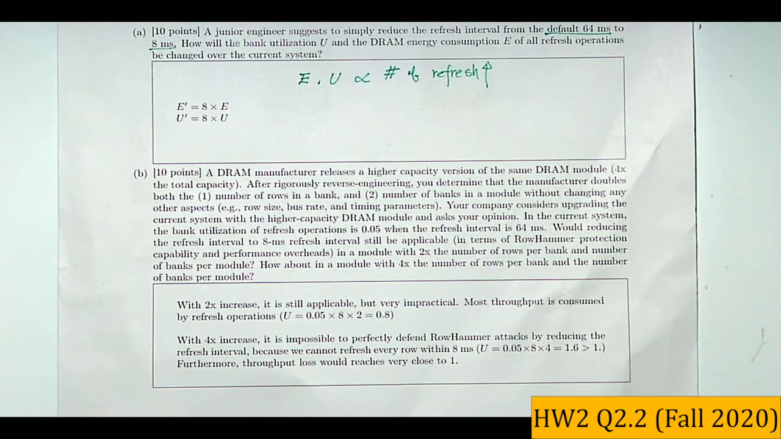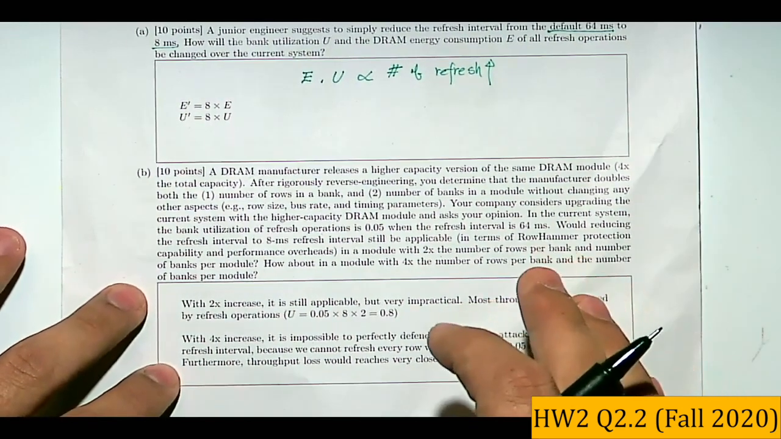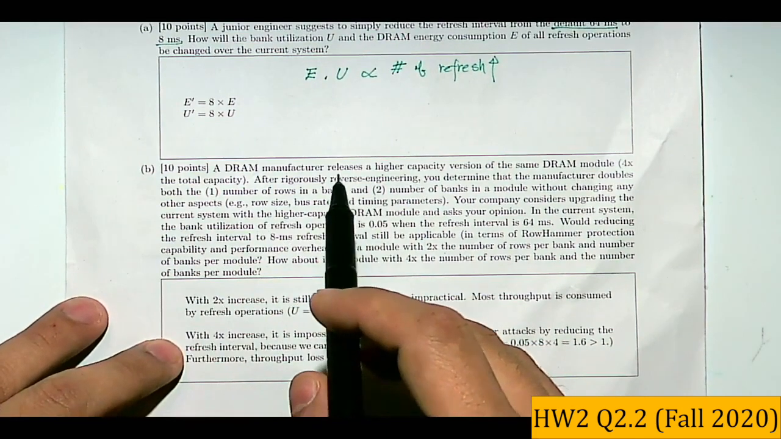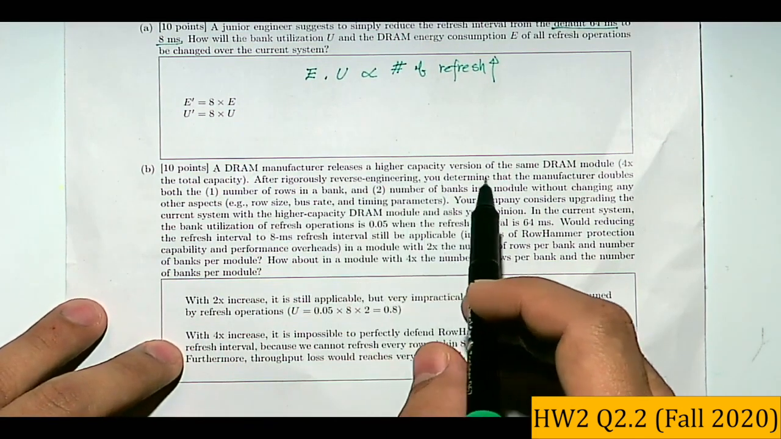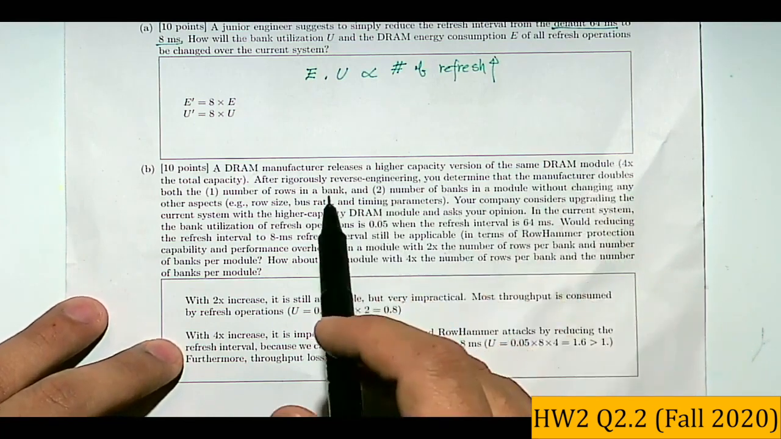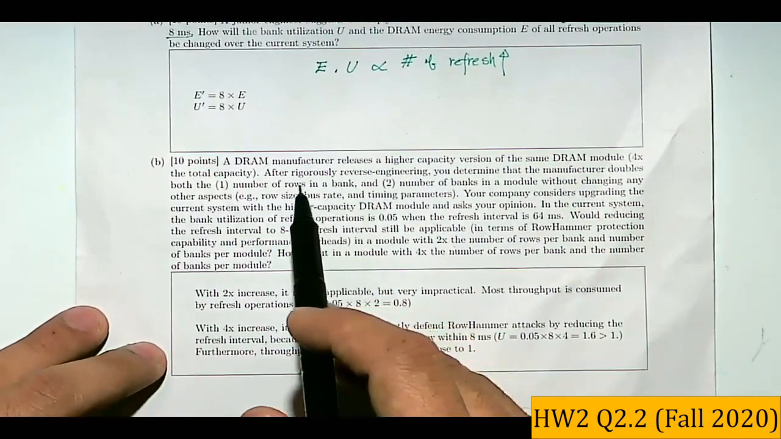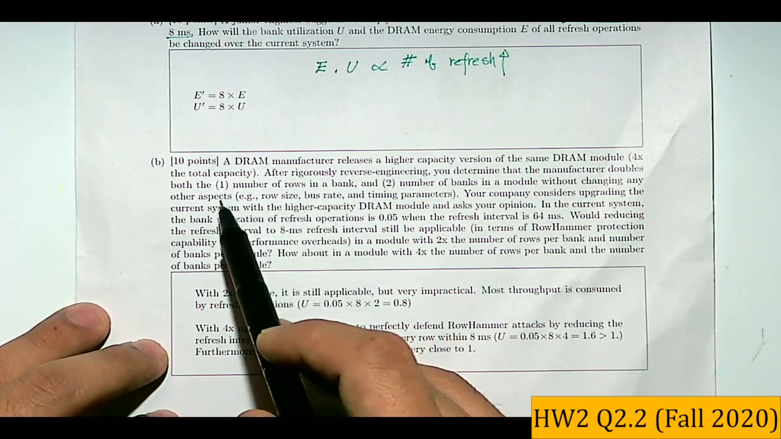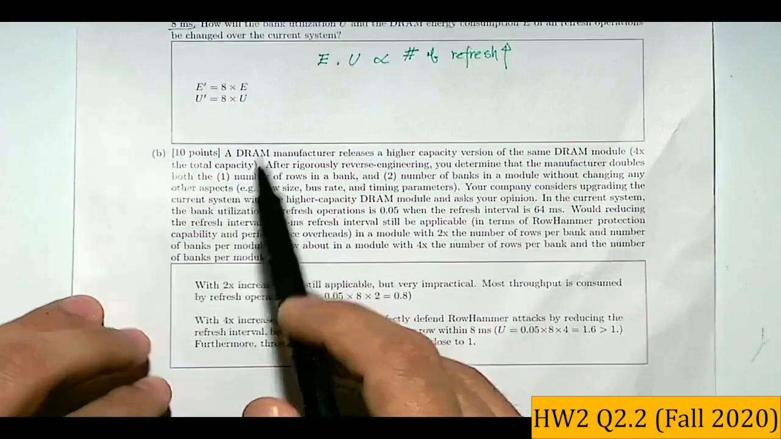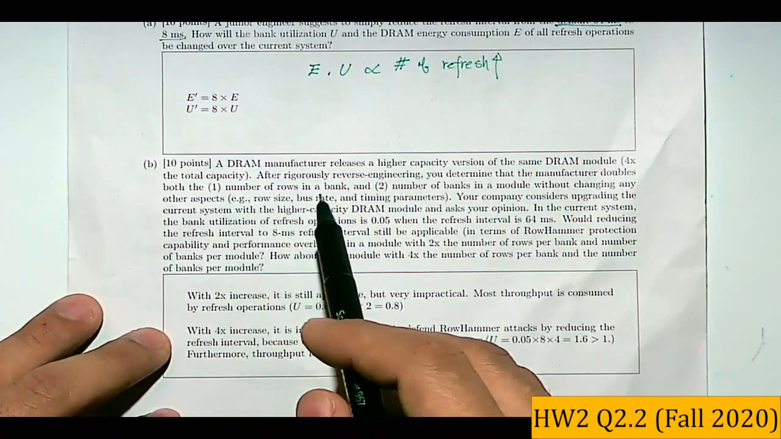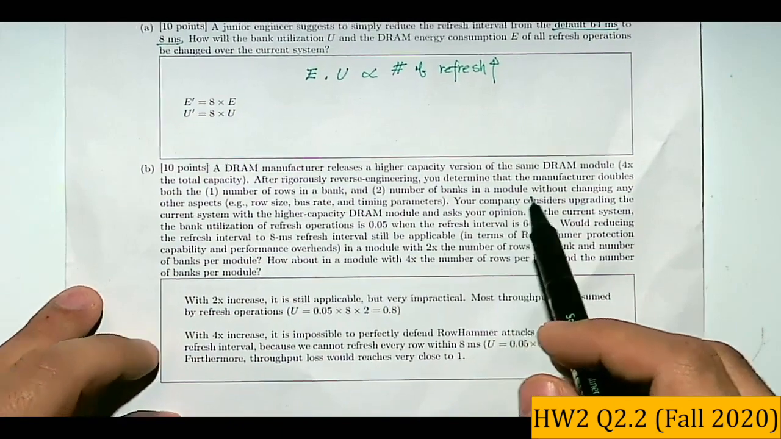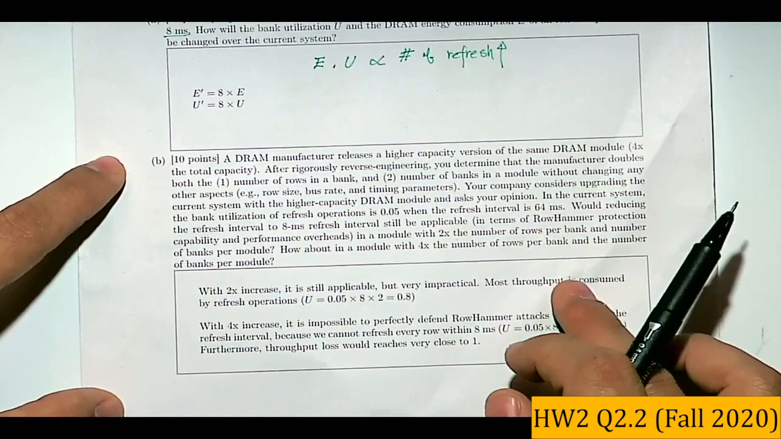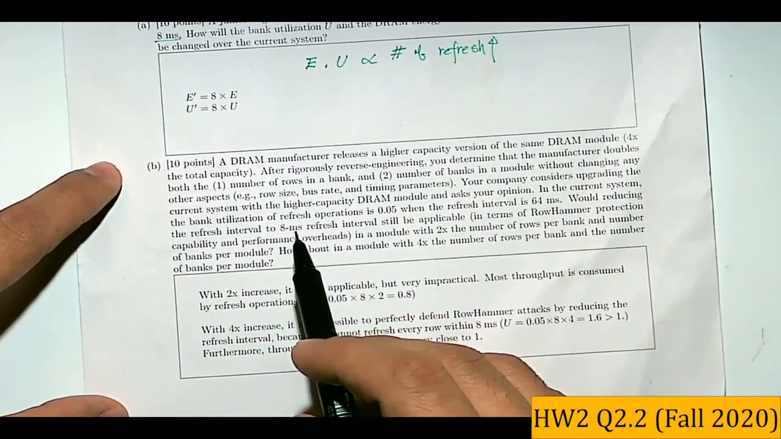Fortunately, the recent DRAM manufacturer successfully released a higher capacity version of the same DRAM module. And you figured out, with rigorous reverse engineering, that they only doubled the number of rows in a bank and the number of banks in a module without changing any other aspects. So in this question,